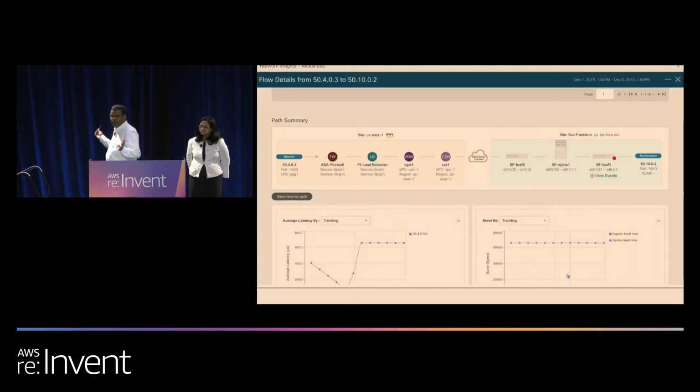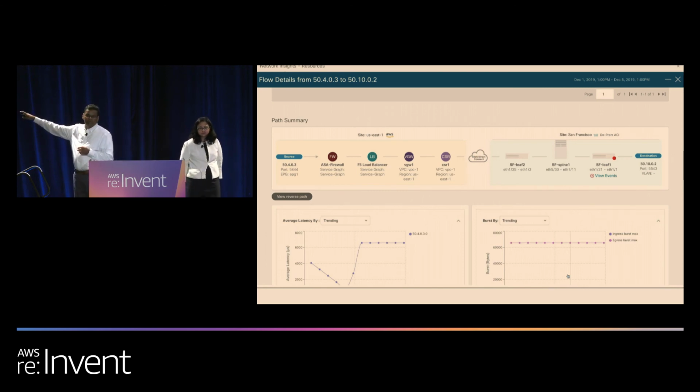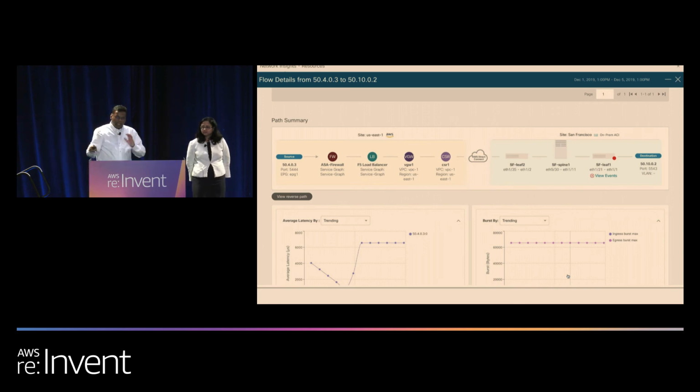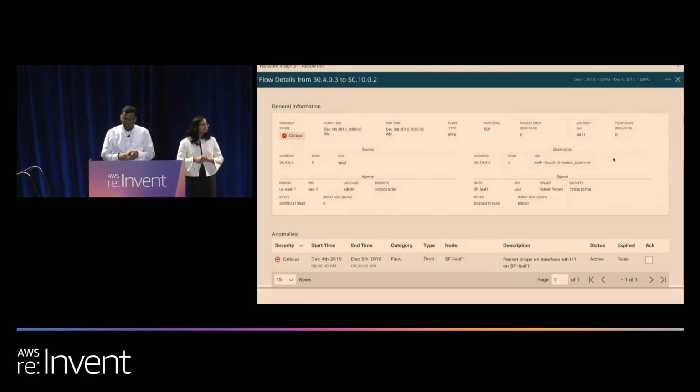Now I see a full end-to-end view. It tells me on the right side that this is my on-premises site, and this is the path for that particular application flow. On the left side, it shows me all the application flows for that particular path in the cloud. I can easily pinpoint which application, which account, which tenant got impacted, and how. I can also zoom in and see different types of trends, like latency and other information. Or I can click on the bubble where I see the red dot where the problem is.